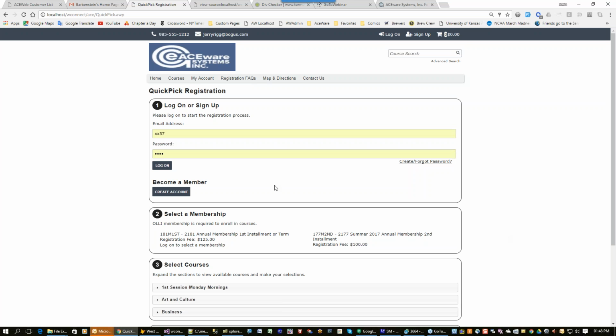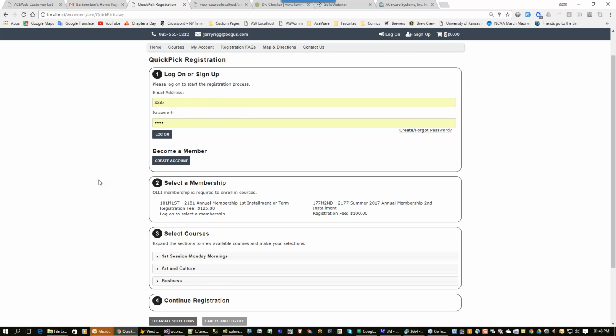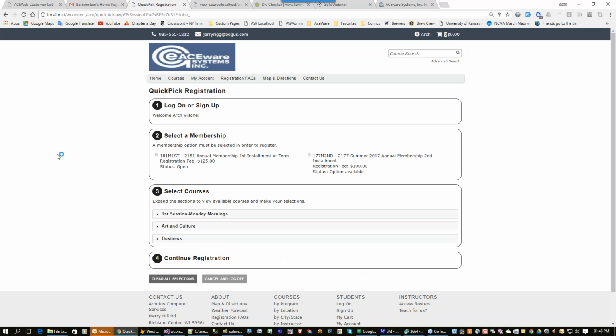But the specific issue we had a request to use coupon discounts, which of course we've allowed in our regular sign-up routines, registration routines, that you can attach a coupon code and give the user a discount if they happen to have that code. And so you can send out special emails and say, hey, sign up and use this code and get a discount and so forth. So on the Quick Pick page, well, first we need to log in, and